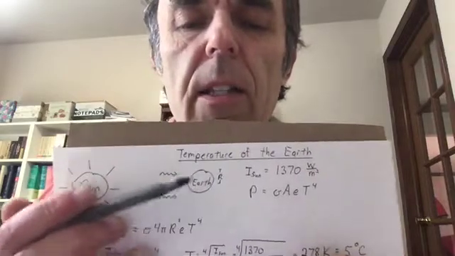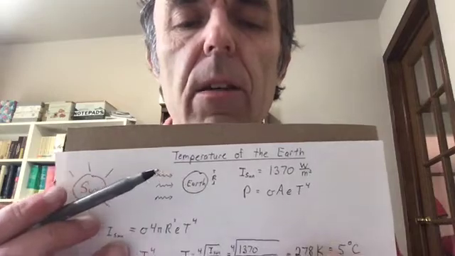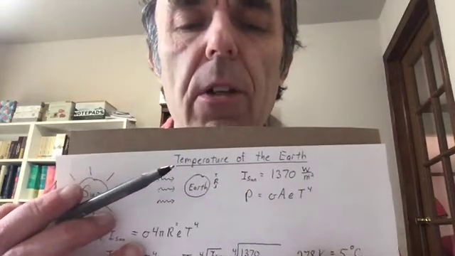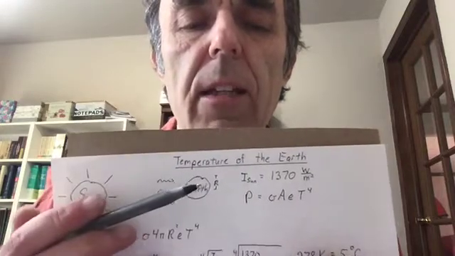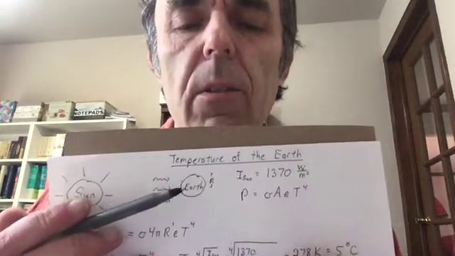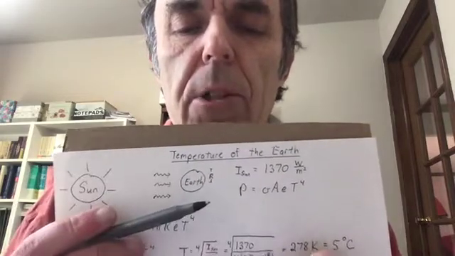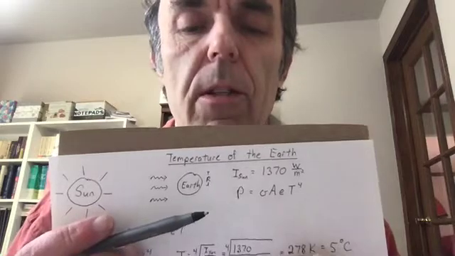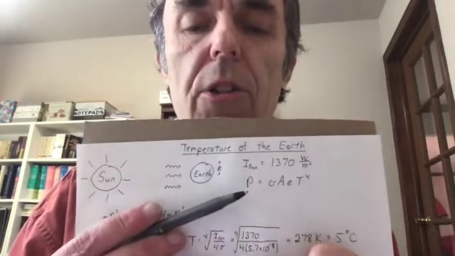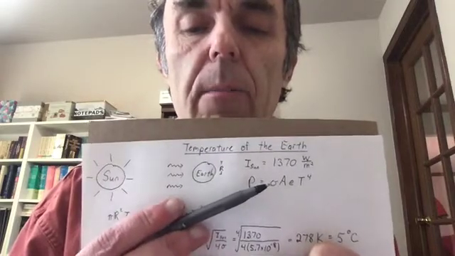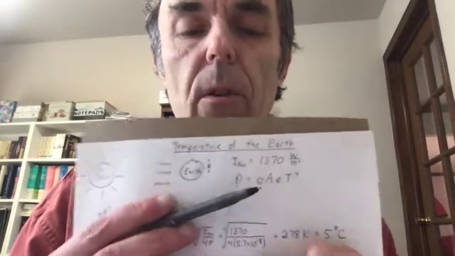Now, why doesn't the Earth keep heating up and heating up and heating up? Well, as it gets hotter and hotter, it emits radiation by blackbody radiation. So we should be able to predict an equilibrium situation where the energy in through absorbing sunlight is equal to the energy out through emitting blackbody radiation. And we should be able to figure out roughly what the temperature is where those two are in equilibrium. So remember, this is the energy emitted by a black body: Stefan-Boltzmann constant, area, emissivity, which we'll take as 1, temperature to the 4th.